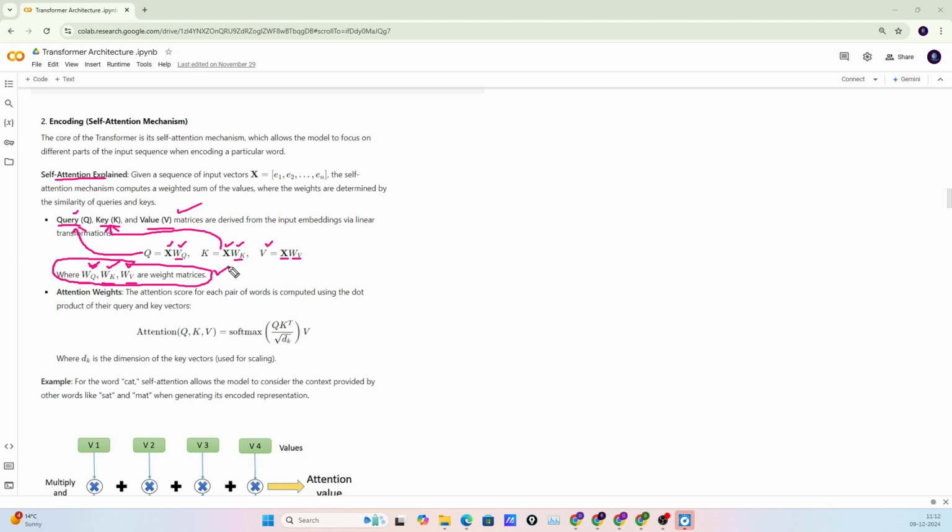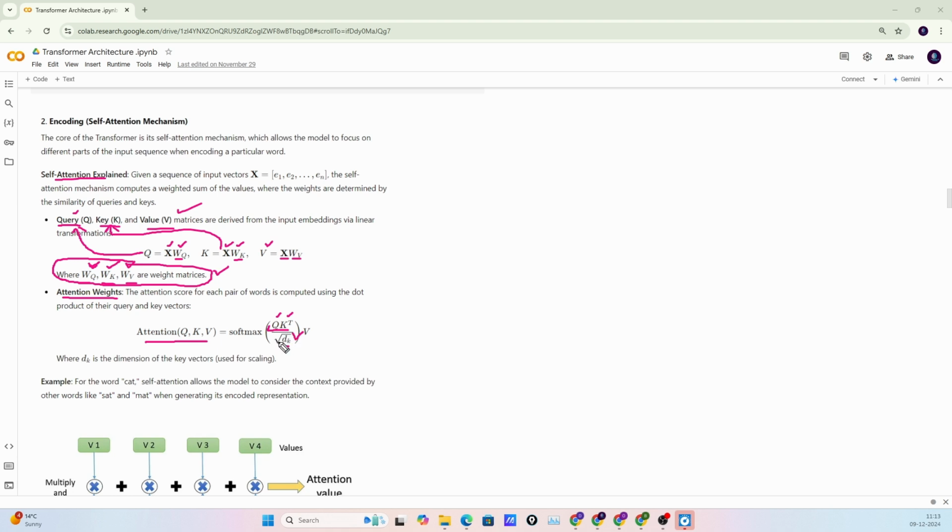Also we have other layers like the feed forward neural network. We need to find the best weights for those layers as well, but this is the core, this is the crux of the transformer. And now I explain how we calculate this attention weight. To calculate the attention weight, this is the formula. First we perform the dot product between the query vector and key vector, and K^T means we take the transpose of the key vector to perform the dot product, and then we divide this quantity by the square root of our dimension. This is the embedding dimension.